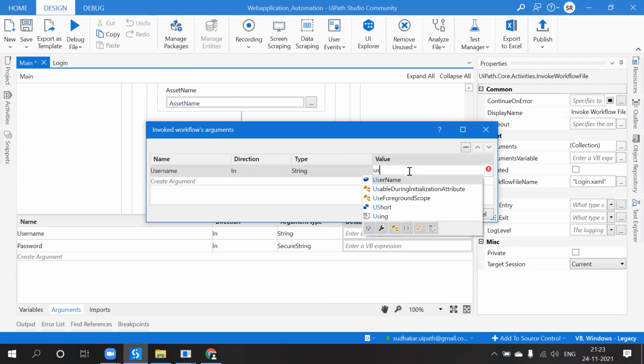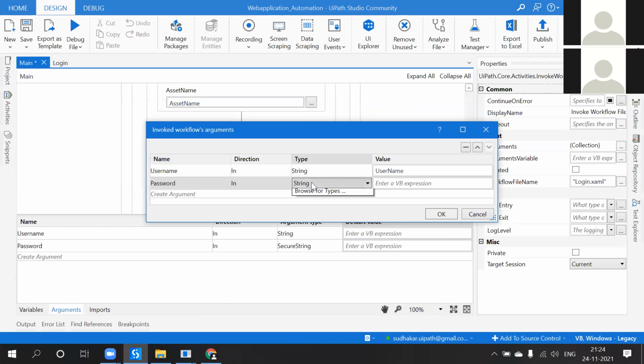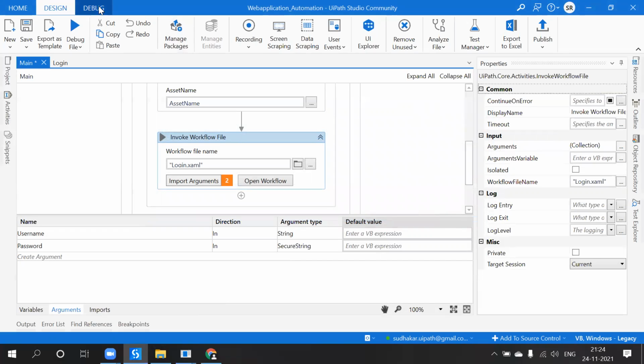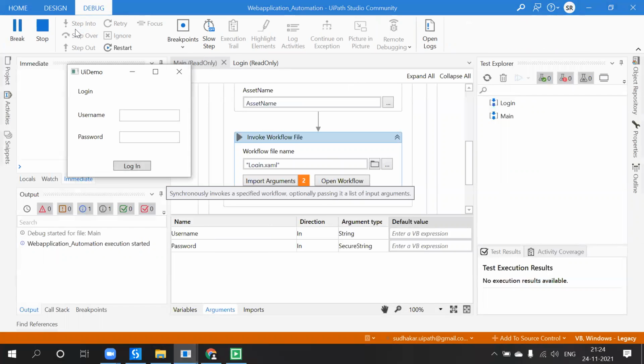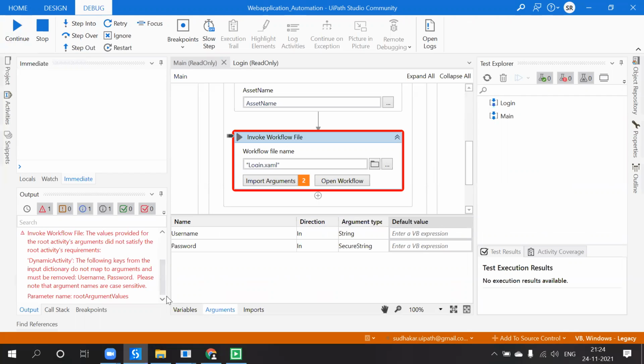Username here, password here is a secure string, and password. The argument names are case sensitive.